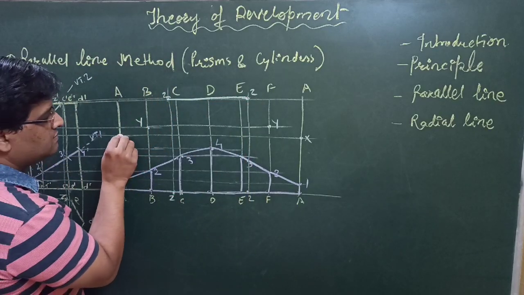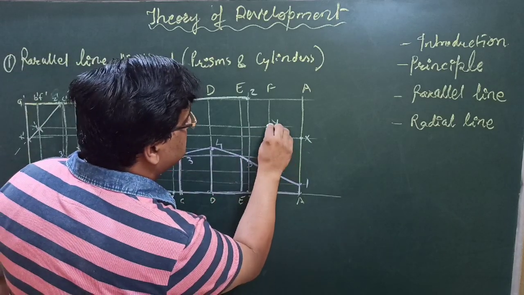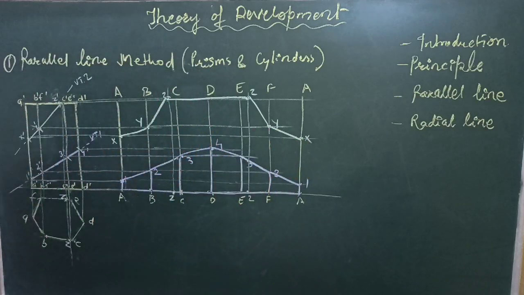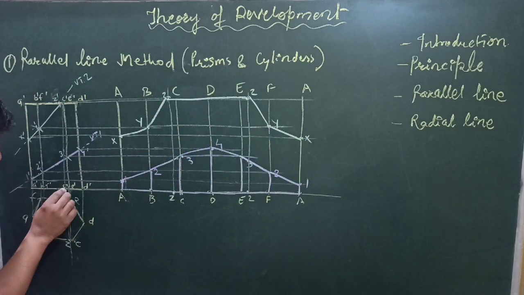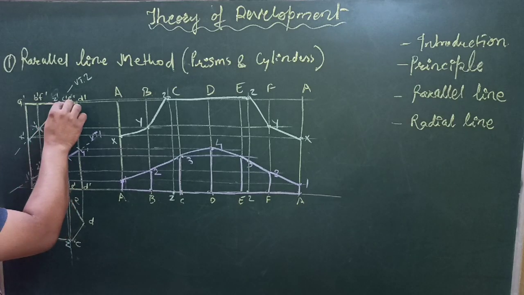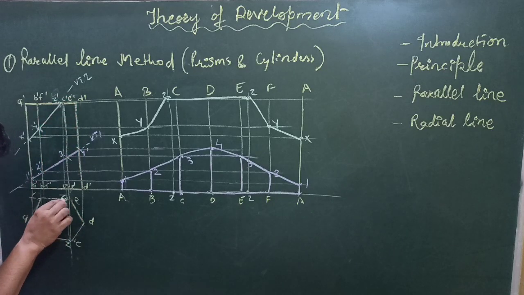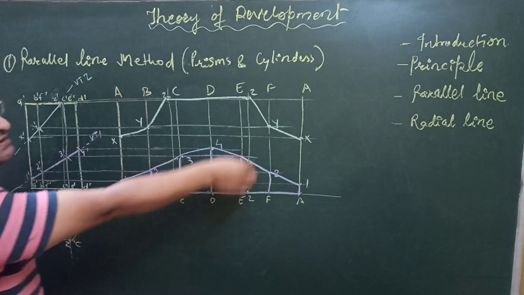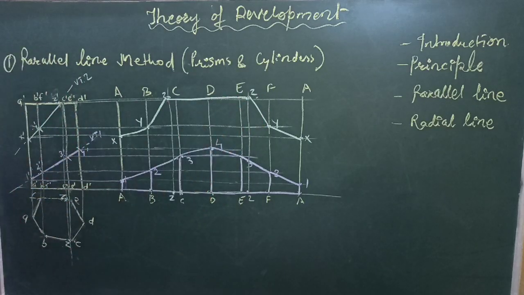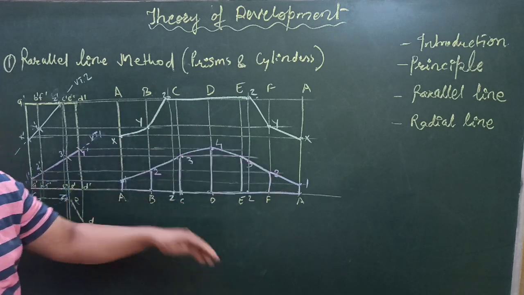So in this manner, this is X to Y, Y to Z, this is Y to Z and X to Y. So for the cases when top face or bottom face is cut, that time you have to remember, initially first drop them in the top view, take these distances and draw two lines so as to get this portion of the line in the development. Whatever the condition, if lower part is to be darkened, darken that part.